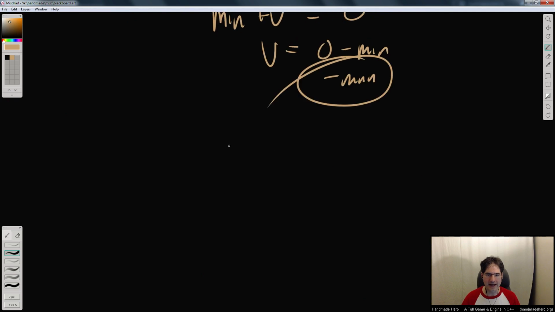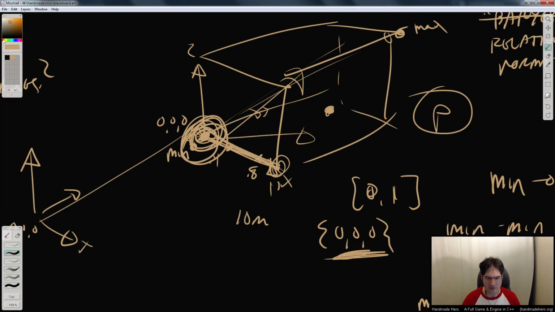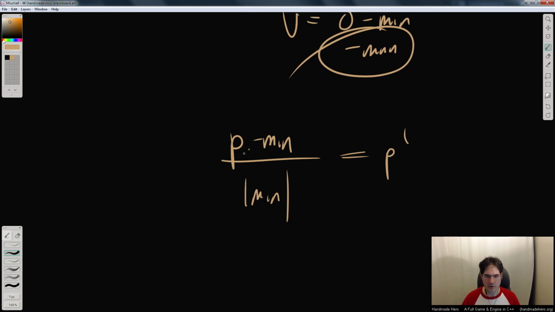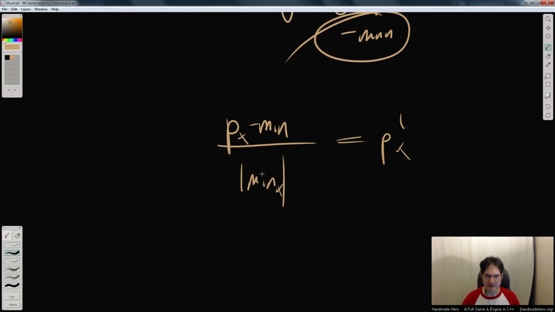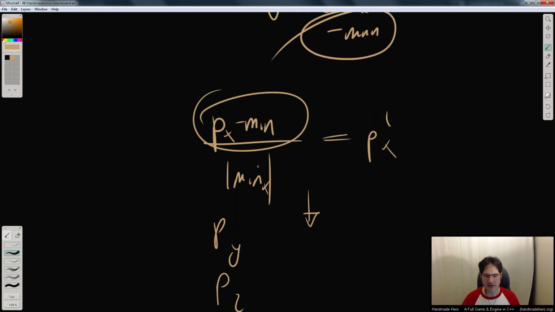So we have our point minus our minimum divided by however long that point was. Sorry, not how long the point was, how long the min is. We want it to be relative to the maximum extent of the axes. So over however long the min is, that gives the new coordinate. So p x minus min x. This is basically the equation for one of the x's. The same is true for the y's and the z's. So subtract them in, divide by,